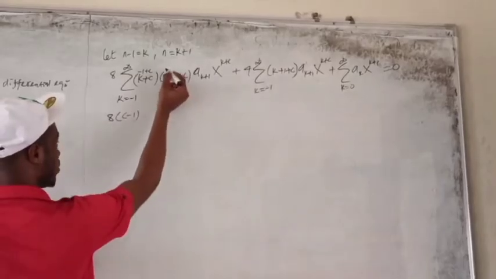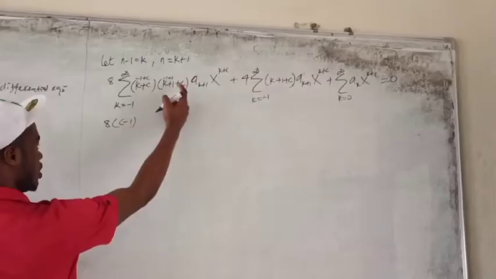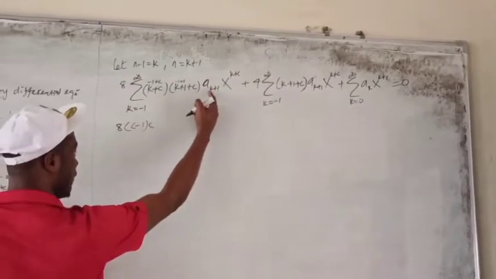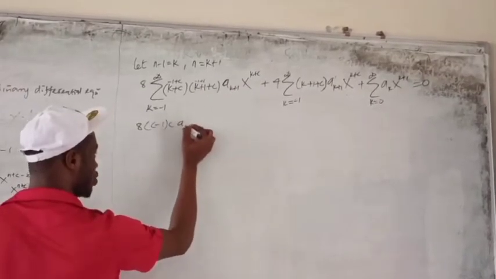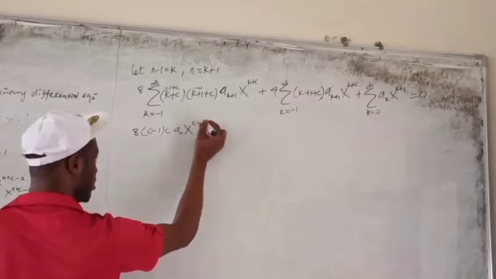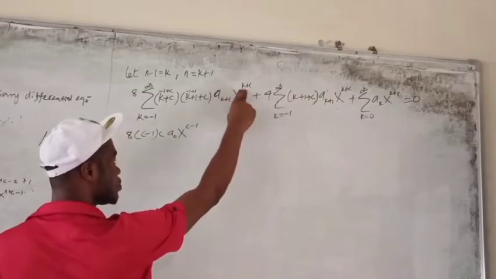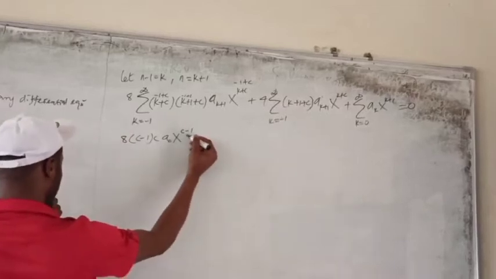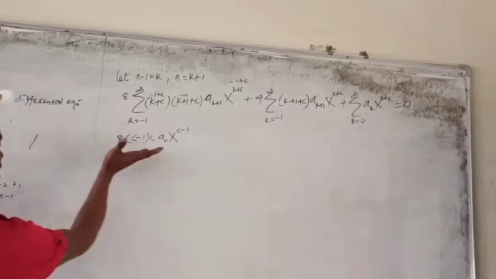So since k is -1 here, -1 plus 1, I know that comes to 0. So I'm left with c. Then the next one is -1 plus 1. I know that I have a subscript 0, and of course, x raised to the power of c minus 1, because from here, k is -1. So I have -1 plus c, which is the same as c minus 1. So that's for my first one. So this is for when k is equal to